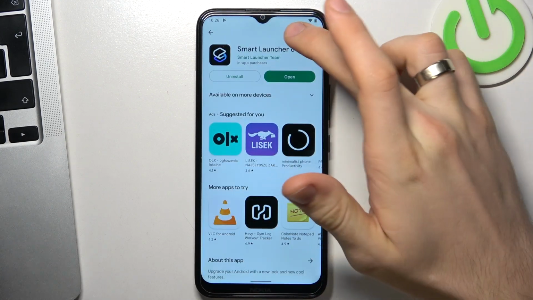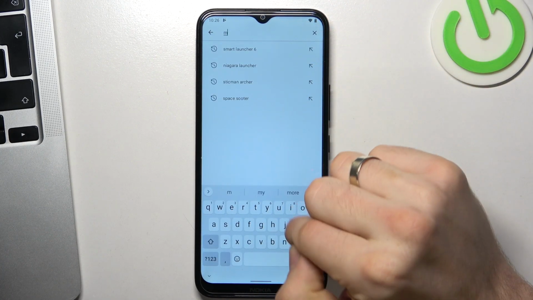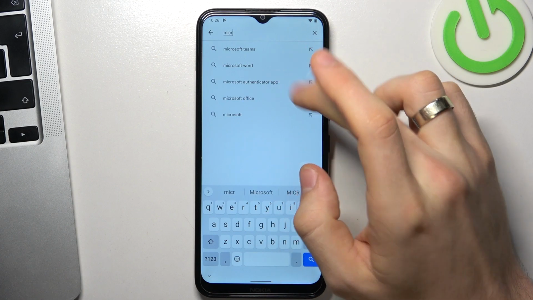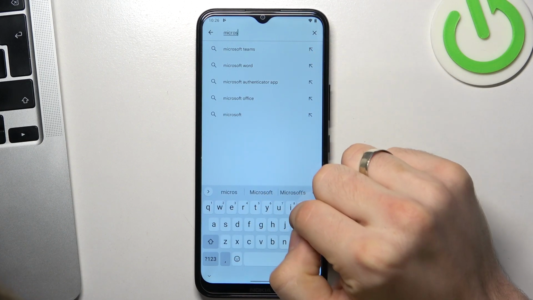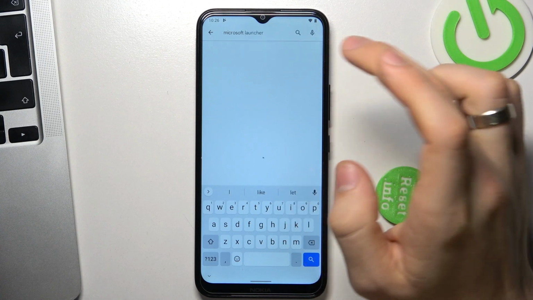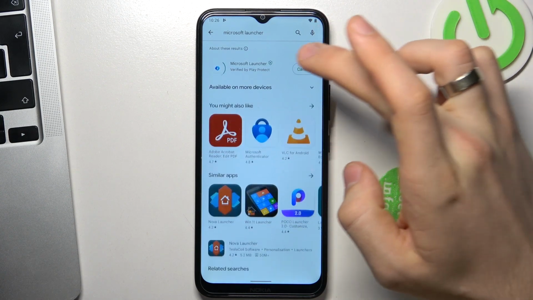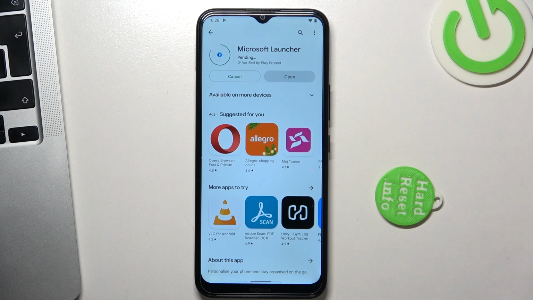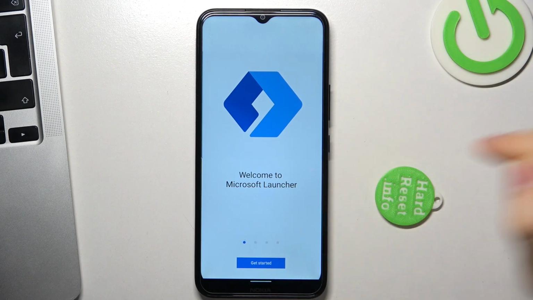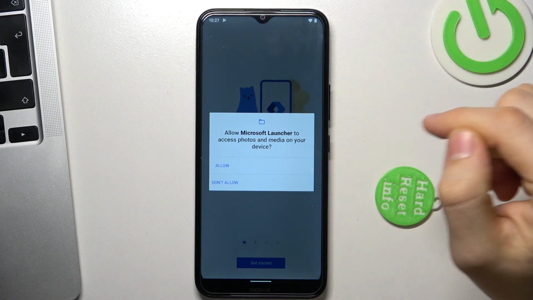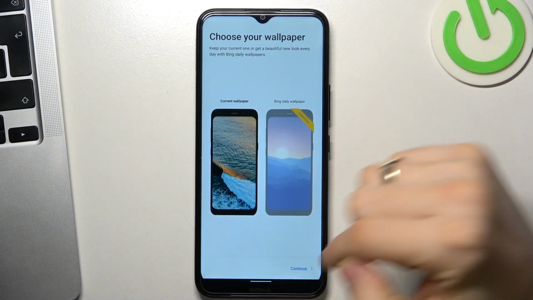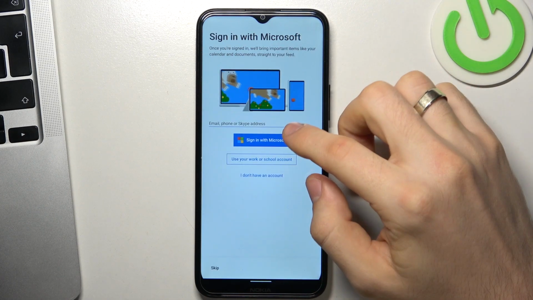is Microsoft Launcher. So just find it, Microsoft Launcher. Click Install. Click Open. Get started while using the app. Allow. Continue. Okay,